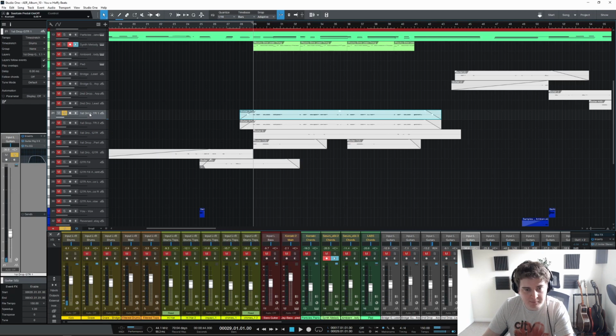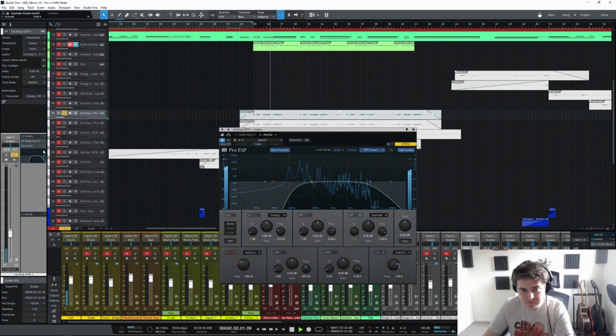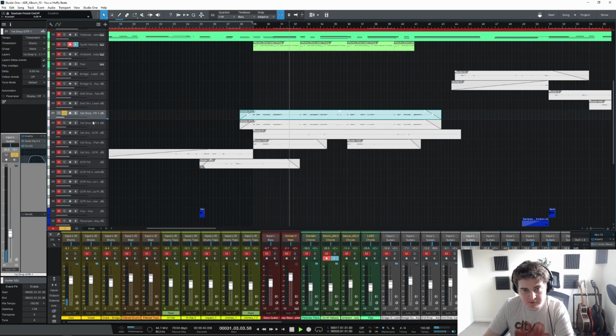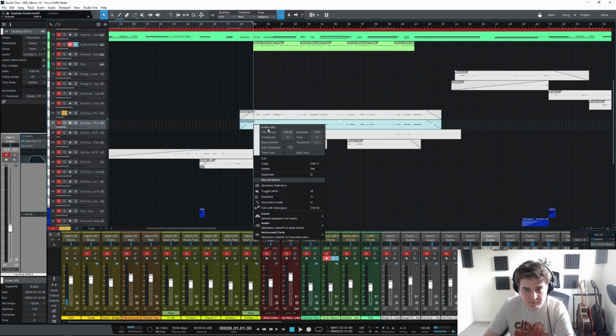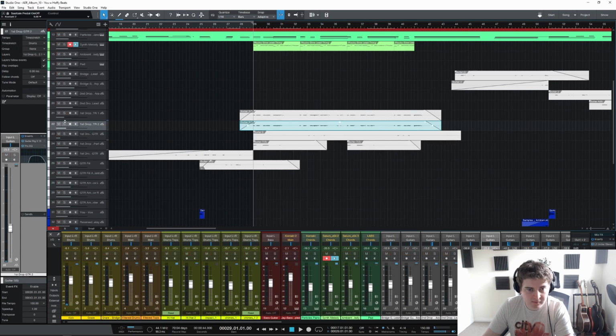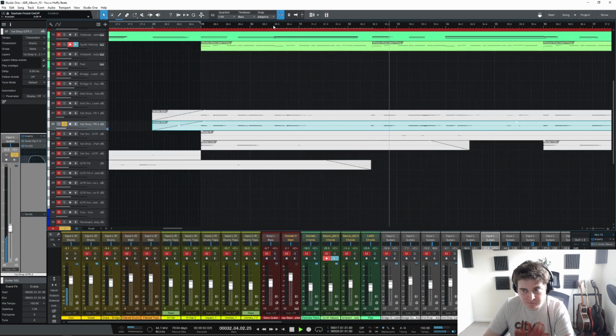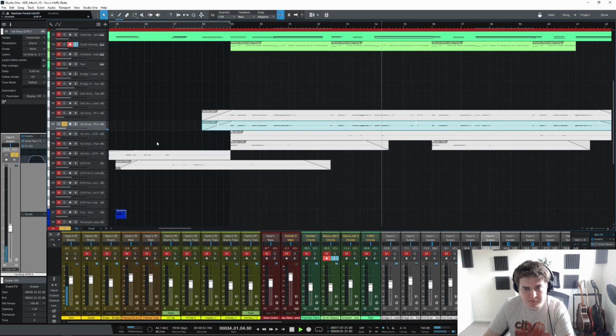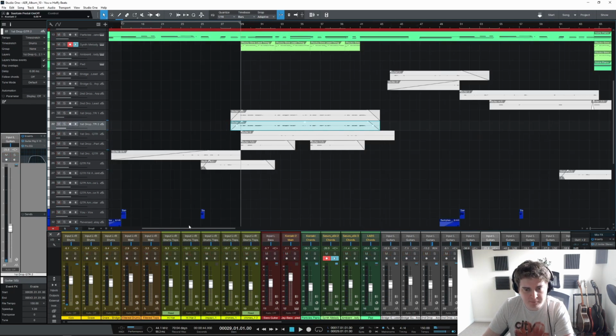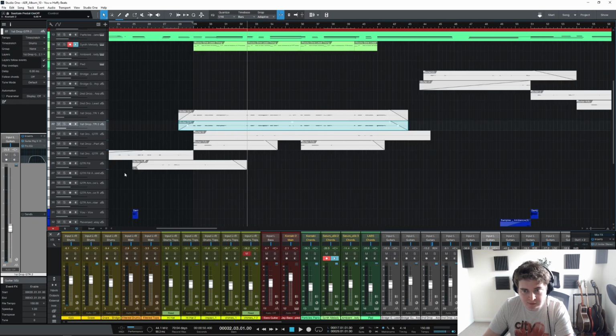Then we have this guitar part. So just EQ, a really simple guitar part. I think this is the same part. It looks like a slightly different recording, but it's hard to tell. I think it's the same recording, but they're just layered up. It's not very often I do that kind of layering of the same part in the same octave, but there you go. There's another guitar part here.